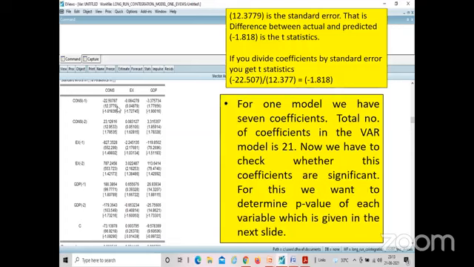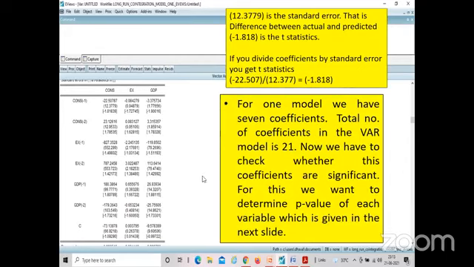See, 12.377 divided by this will give me the T statistics. And we very well know that if the T value is more than plus or minus 1.96, we will reject the null and we will say that it is a most influential parameter, right?